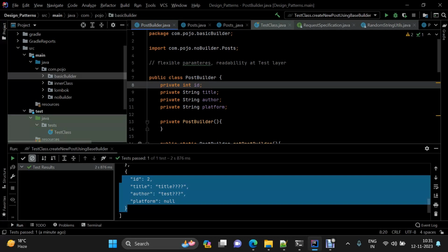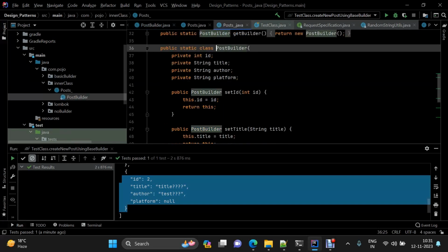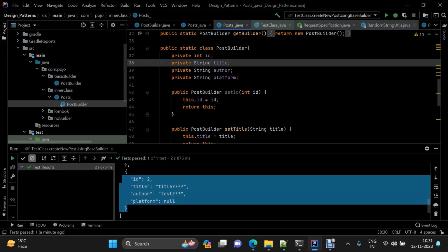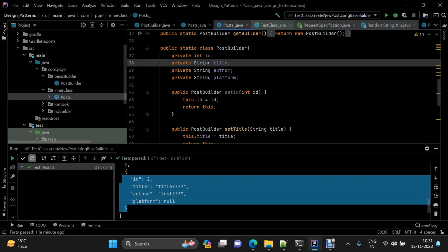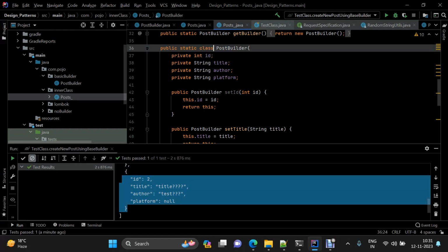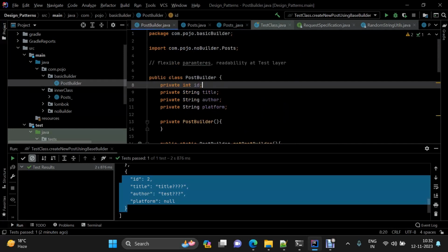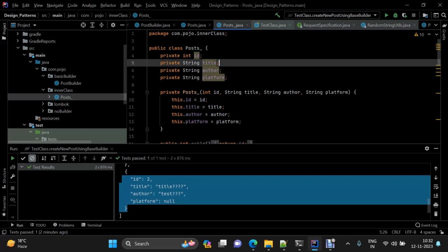Then the other way of doing this is with the help of an inner class. So this is exactly the same way, but we are creating just one class here. Let me show you how. So this is our post class. I have created a post class here. Let me go on the top, right? We do not need to create a separate class here, because in our first way of doing it, we had one separate builder class and a separate class for which our builder class is working. But in this way of doing things, we have the builder as a static inner class of the same class for which we want to build the object,